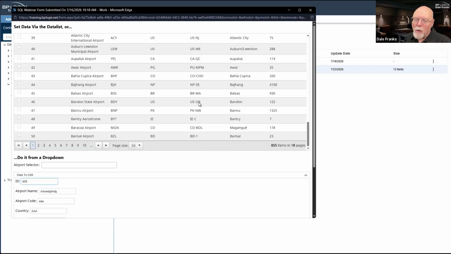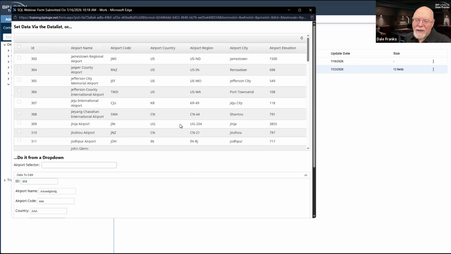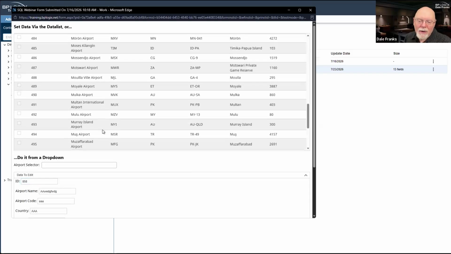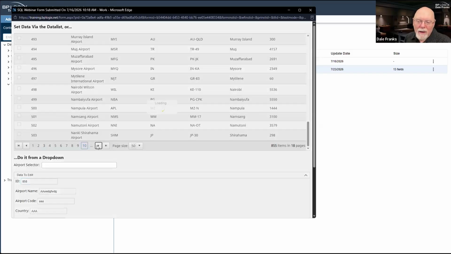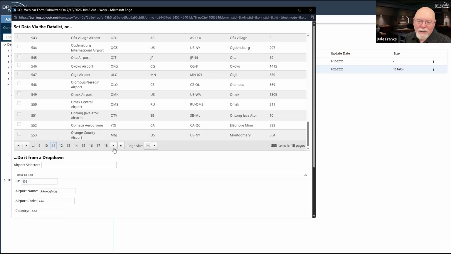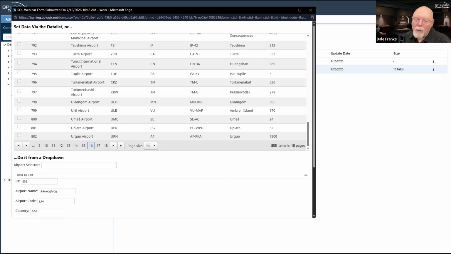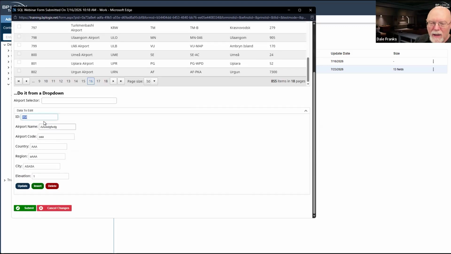So somewhere in here, it's probably around the S's or so. Well, that's the K's. We're in the M's. So it's somewhere in the S's. Somewhere around 16. Nope, too far. Well, wherever it is, it doesn't matter. All I have to do is change that value to 858.